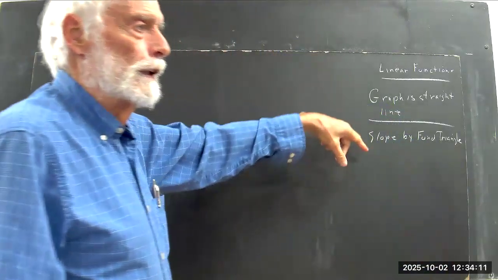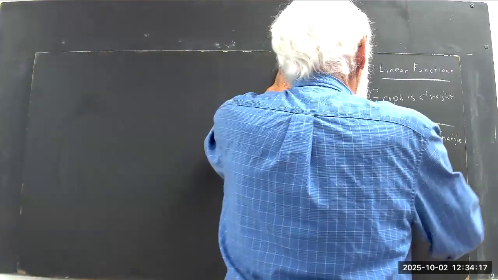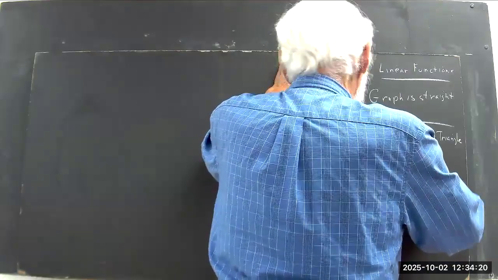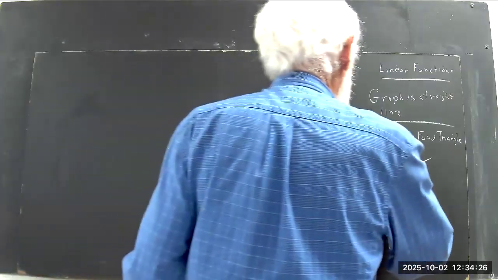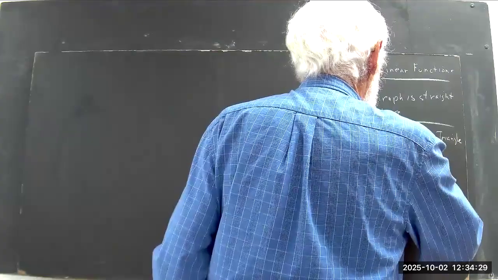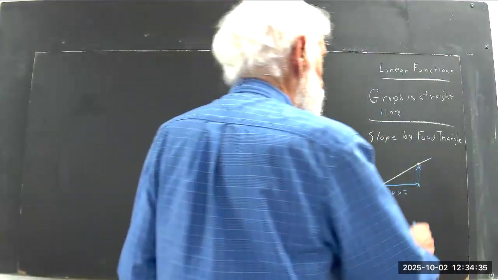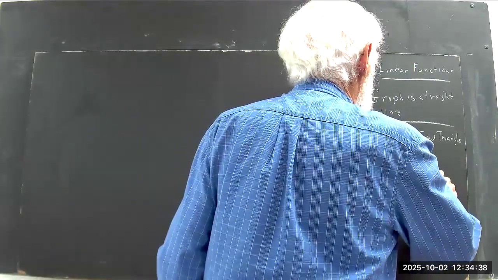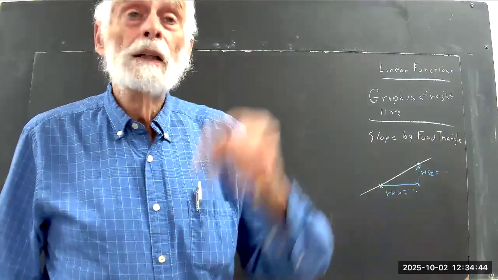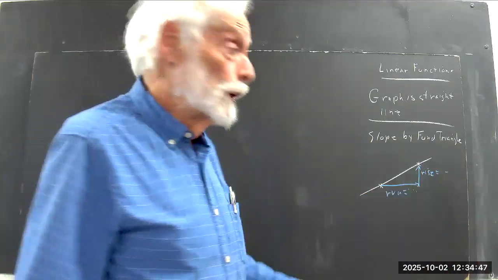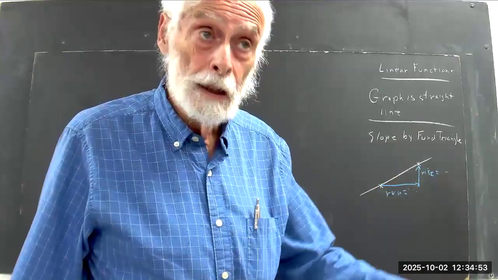Slope is defined by a fundamental triangle on that line. That's my definition of the slope. Your book probably has a formula for the definition. We've been over fundamental triangles a number of times. You draw a fundamental triangle, you do run equals, rise equals, and you don't just write a number down here for the run and a number for the rise. You write something minus something, okay? You write the coordinate of this point minus the coordinate of this point,